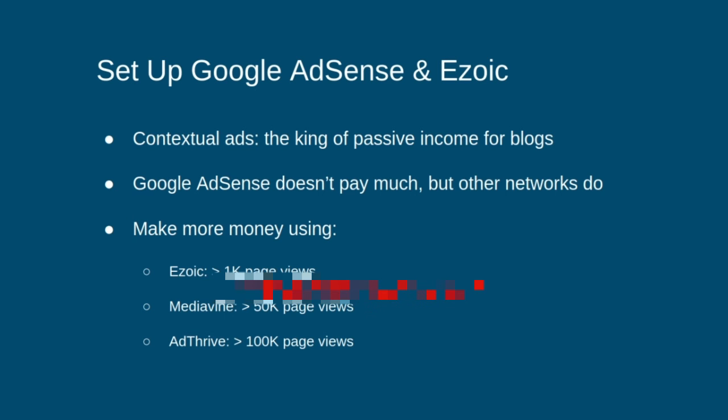These ads are a result of auctions taking place on what's called the Google Ad Exchange, which according to Google determines a fair market value. The problem is AdSense doesn't pay much unless you have a lot of traffic, and even if you do have a lot of traffic, you can make a lot more money using other networks. Essentially their RPMs, their revenue per thousand impressions, are generally lower than other networks,